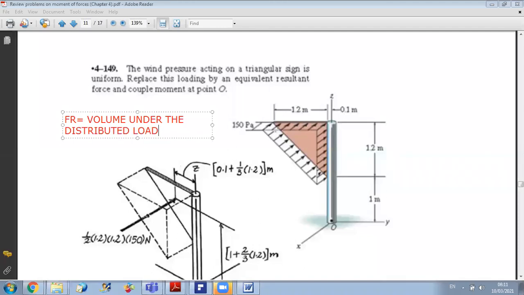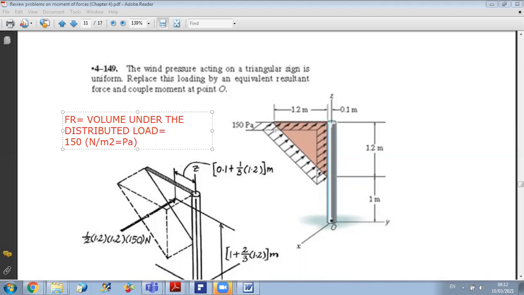Okay, so here, for example, the base of this volume is a triangle and it has a uniform height. You can say that the height is 150 Newton per meter square. When we deal with a force distributed on an area, it's Newton per meter square, or Pascal, the unit of a pressure. So it's 150 Newton per meter square, which is equal to the Pascal unit, pressure unit,